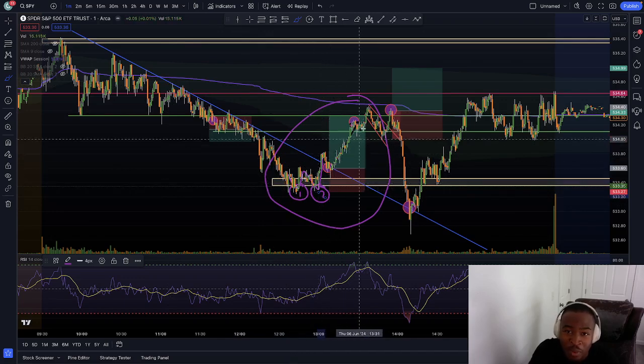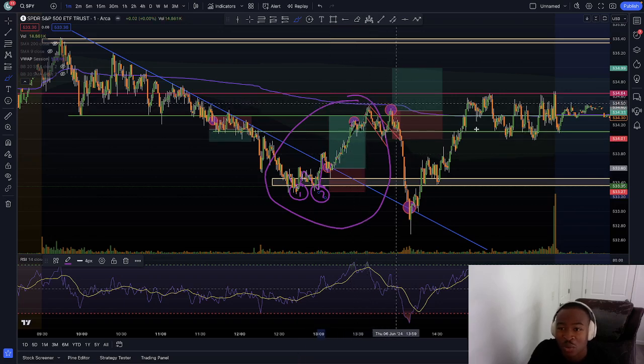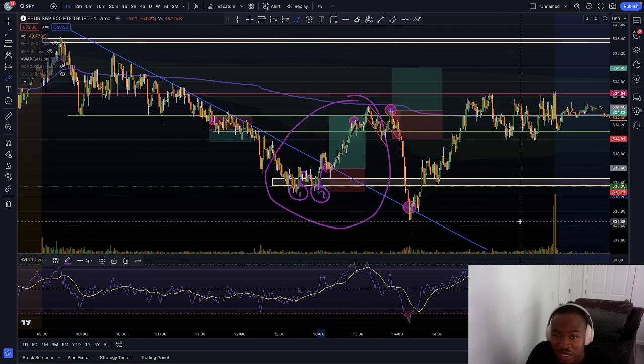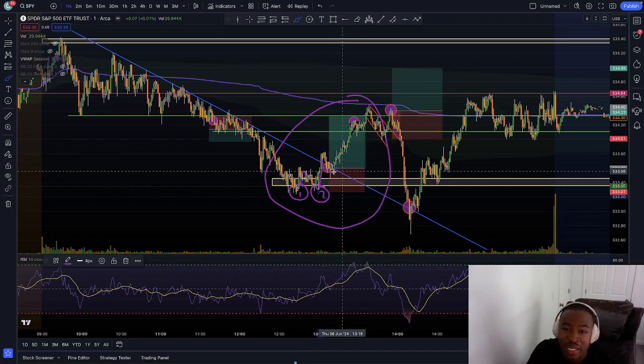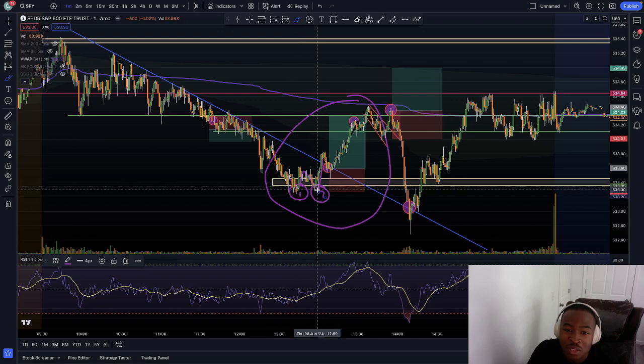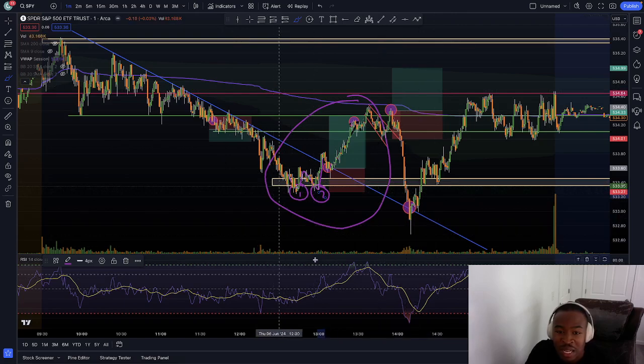It hasn't broken out, and we took price all the way up to VWAP, by the way. So this was a downtrending day. This play was not with the trend, but because I had one, two, three, four confluences,